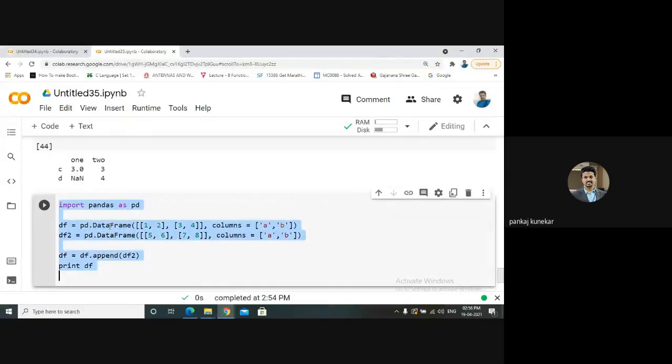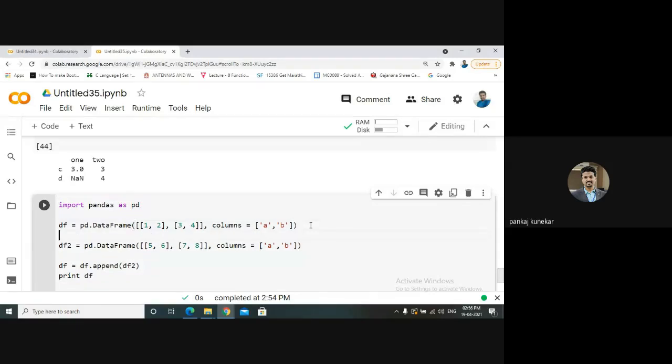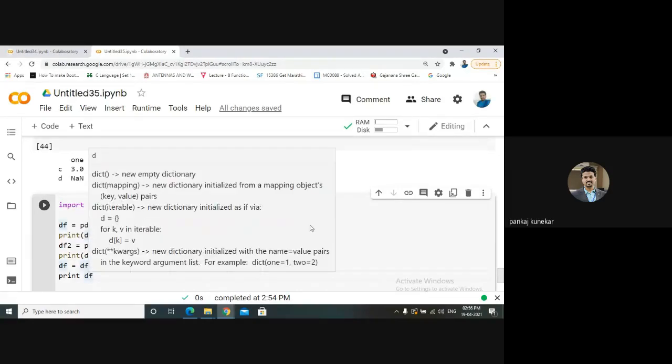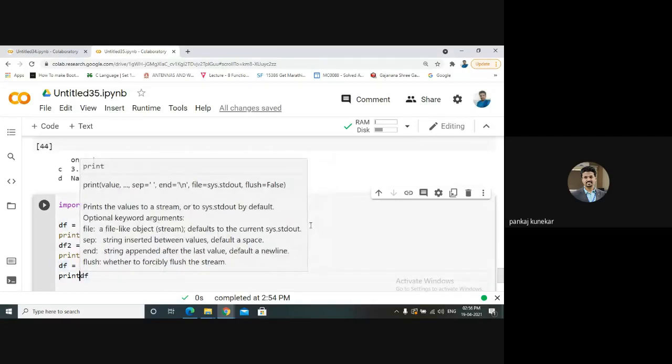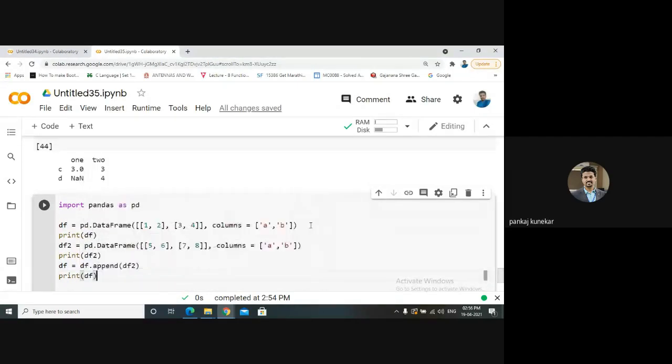This is the first data frame. Firstly, we can print it. Print df, then print df2, and then we are printing df.append(df2). So we are adding df with df2.